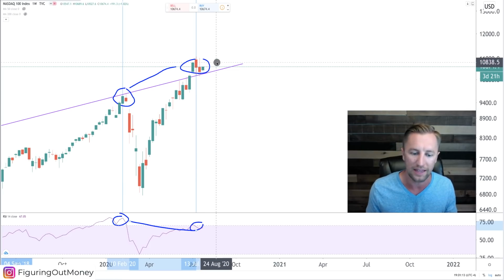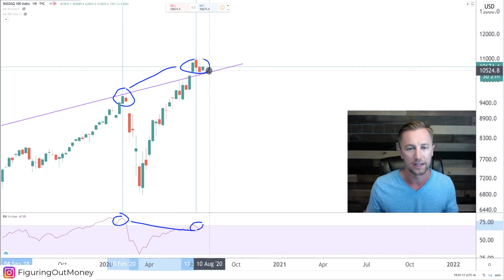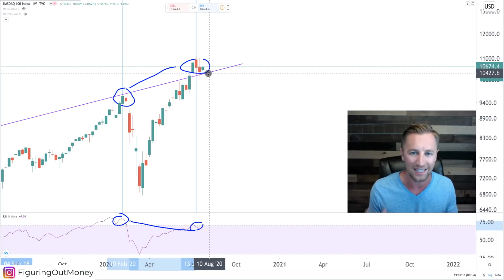because a move like this in overextended territory above this trend line does look like a spot where you wouldn't necessarily want to go long as of right now. This is, to me, a buy the dip, sell the rip type of market. And once we get into the daily time frame, you're going to really notice a pretty nasty pattern that's been